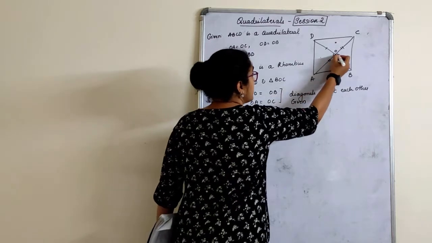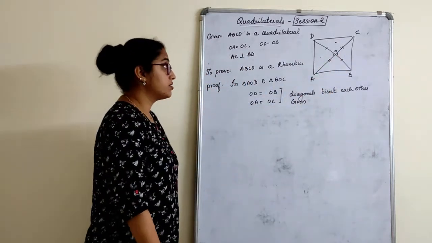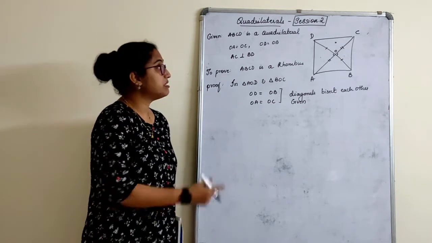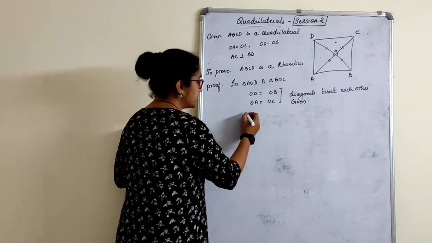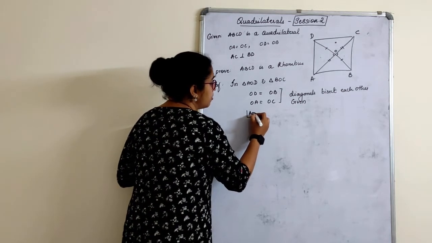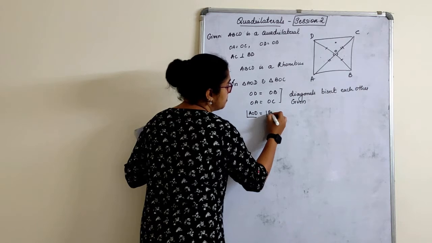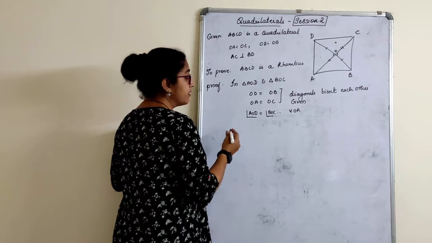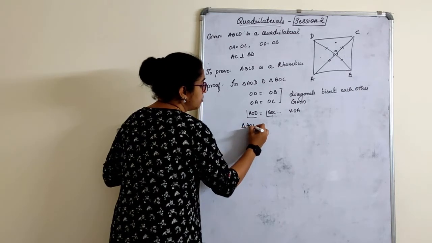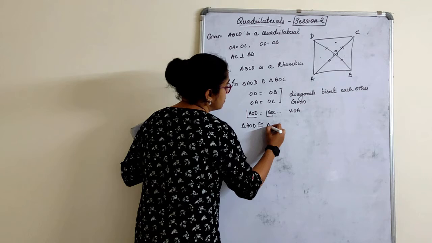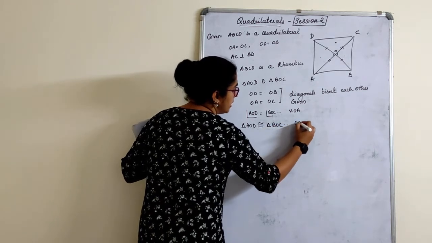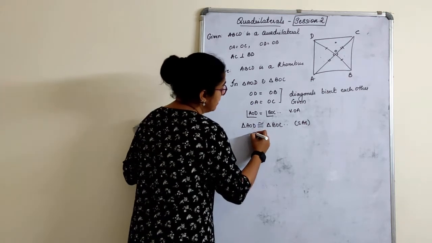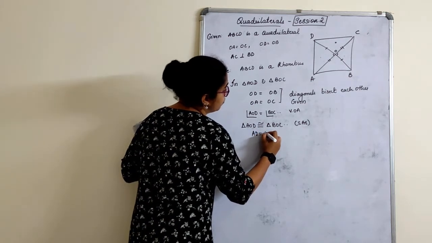Okay. This angle is equal to this angle. Of course, they are equal because it is vertically opposite angle. Also, they are equal to 90. Why? Because they bisect perpendicularly. But that doesn't matter to us. I will simply say angle AOD is equal to angle BOC by vertically opposite angle. Which one? Side angle side. Therefore, triangle AOD is congruent to triangle BOC by SAS congruence rule. So, with this, can I tell AD is equal to BC,